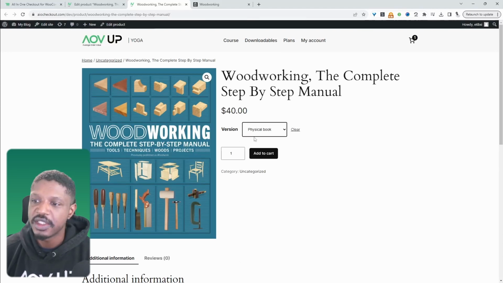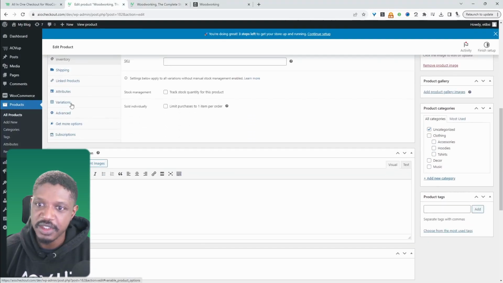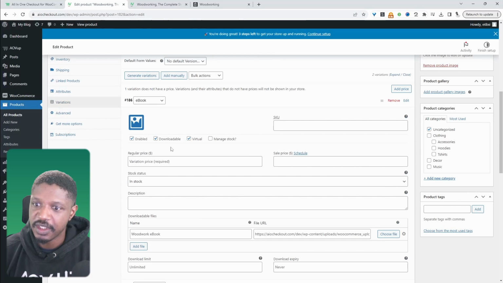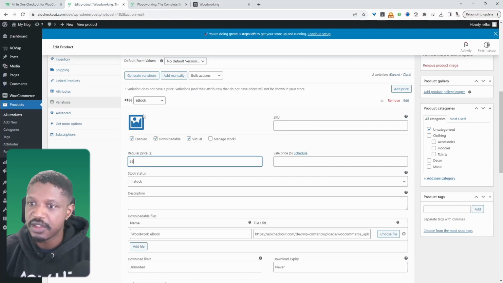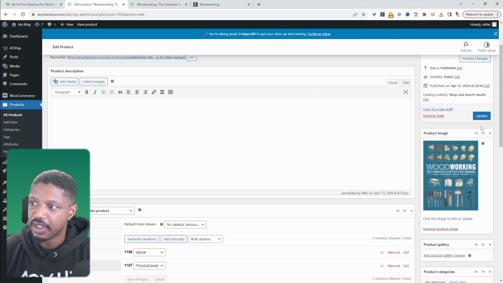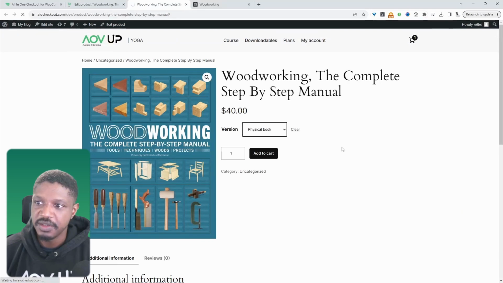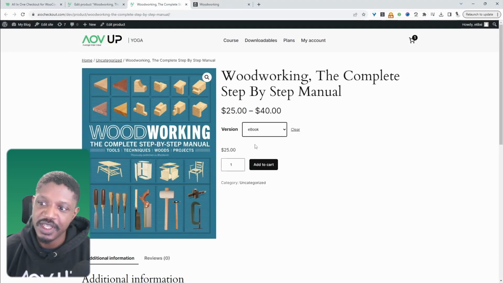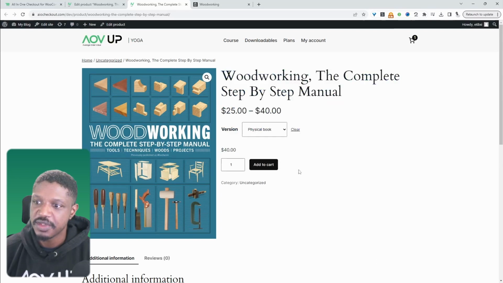So we didn't add a price for the ebook version, so we just need to go ahead and add that price. So let's go variation, and then ebook. We didn't actually add a price here, so we'll put a price for the ebook version, and then we'll just hit save, and then we'll update this. All right, now let's refresh this page. Okay, so now we can choose the ebook, which is